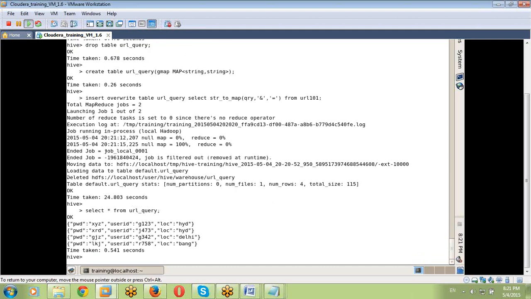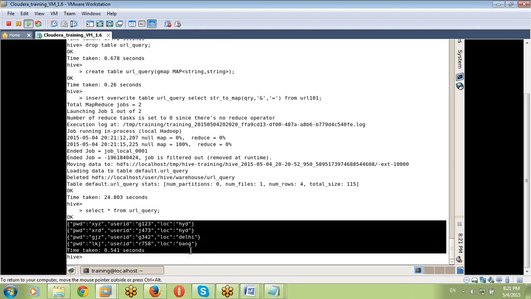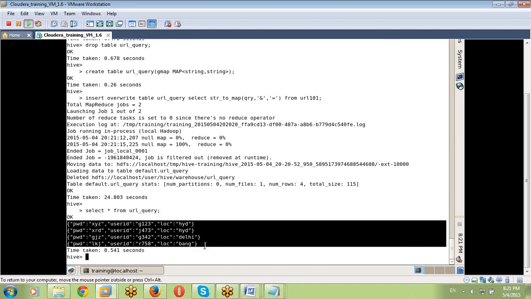Select star from URL query. Yes, the data is converting into structure format now. Now the data is converting into JSON format.